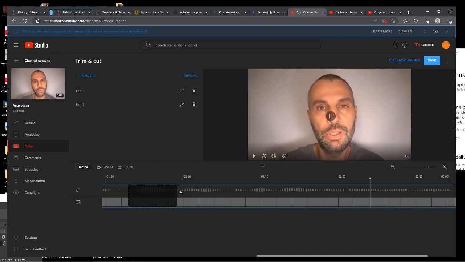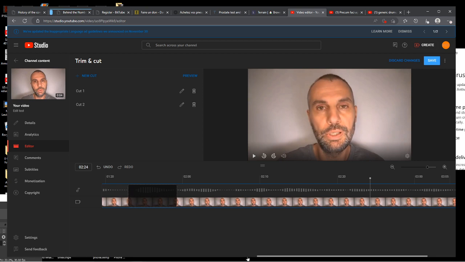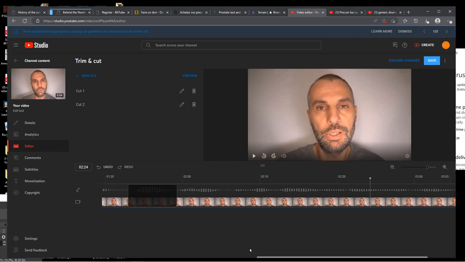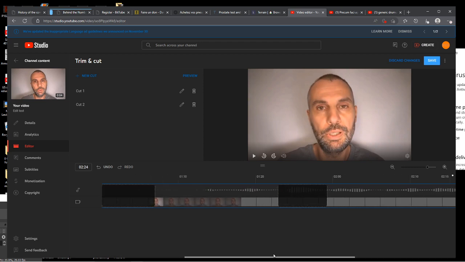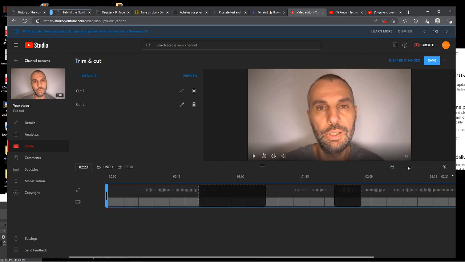So it's jumping to a very specific place. When you are zoomed in, you need to use the bottom scroll bar, and this bar is poorly placed. It's really placed at the very edge of your browser. So if you are in full view, this bar is going to be hidden by your desktop. So I prefer not being in full view of the browser. Just move your browser window a little bit upper so you can grab this bar and scroll it as needed. It's a bit tricky to grab, it's very thin, but you get that cross when you grab it. Okay, so this is how it goes.